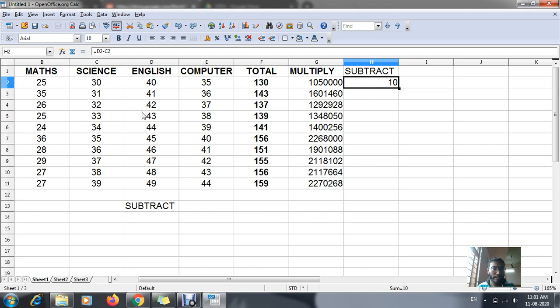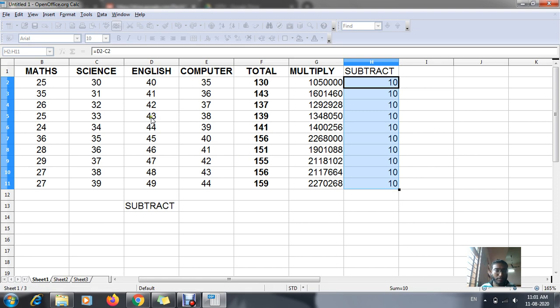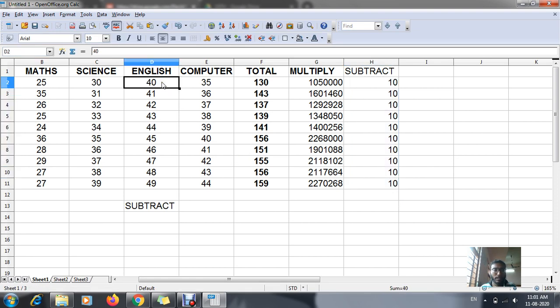I will be getting the whole thing as 10 marks only, because 45 minus 35 is 10, 48 minus 38 is 10 marks, that means I will get the whole thing in this way. Suppose if I change over here from 40 to 50 and just give enter, automatically you will get the changes over here, and over here also the totaling has been changed.